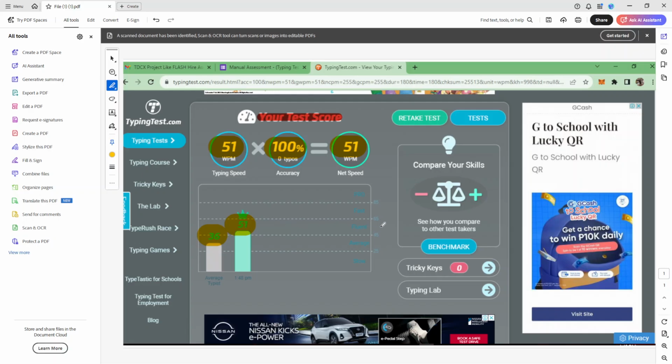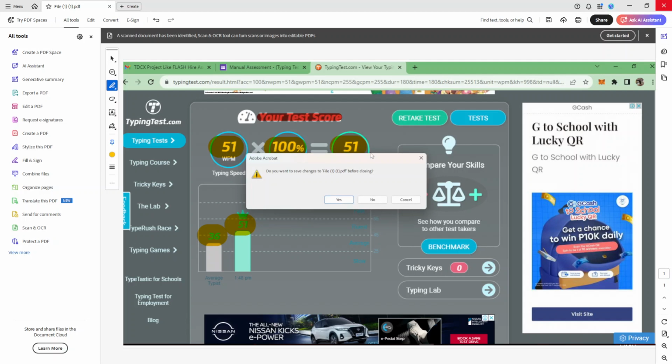The final step, and arguably one of the most important, is saving the PDF to ensure your changes are not lost. In Adobe Acrobat Reader, you can do this by clicking File and then Save, or simply close the document, opting for Save when prompted. For web browsers, often you'll be saving a copy, so look for the download icon or select Save As. This step guarantees that all your hard work remains intact for future access.